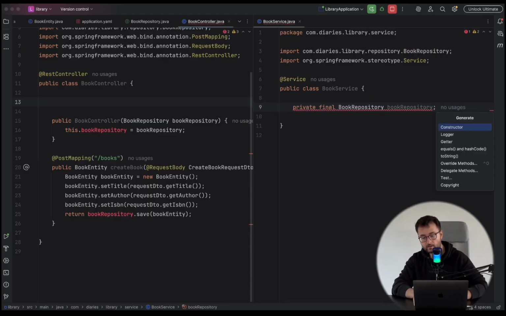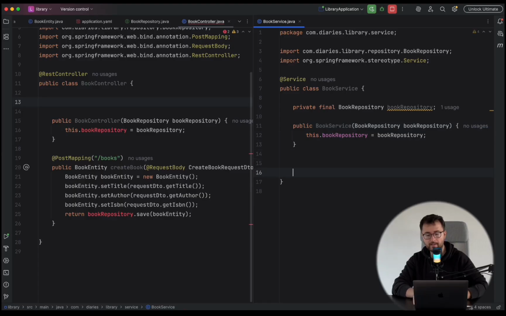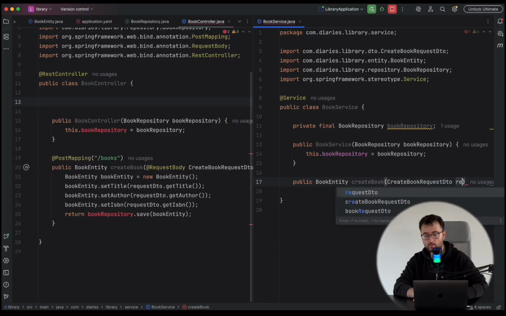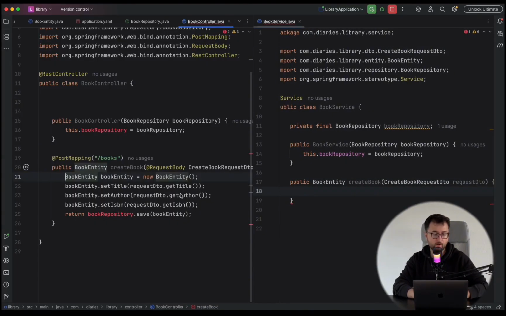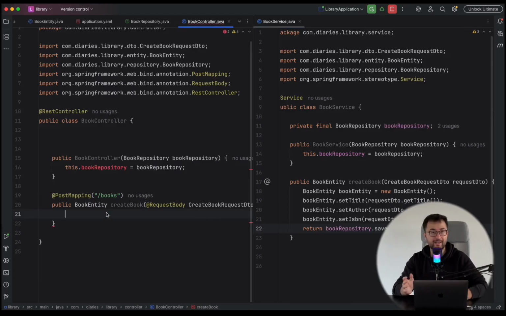And right away, we are going to have to create the constructor for this BookService. And finally, we are going to create a new Java method called createBook that is again returning a Book entity. And this is also going to be taking a CreateBookRequest DTO as a parameter. And instead of having all of this construction logic in the controller layer, we are going to take that into the service layer so that our controller layer becomes much easier to read and understand. And it only has one responsibility, that is to delegate the responsibilities to the service layer and then communicate back